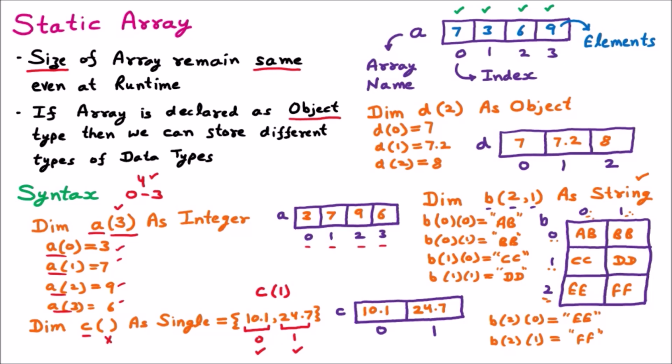There is another option where you give the name of the array and the size as object. Now in the object you can define different types. Types means the data types. You can store the integer, you can store the float, again the integer, character. So multiple data types you can club together if you are declaring with the object.